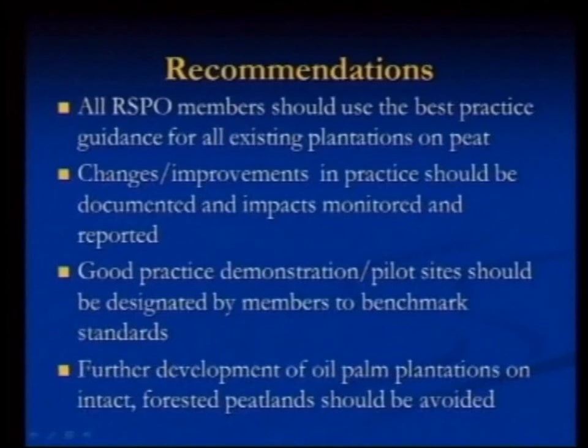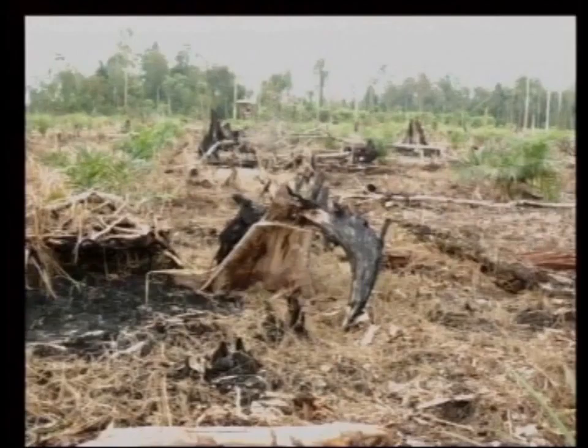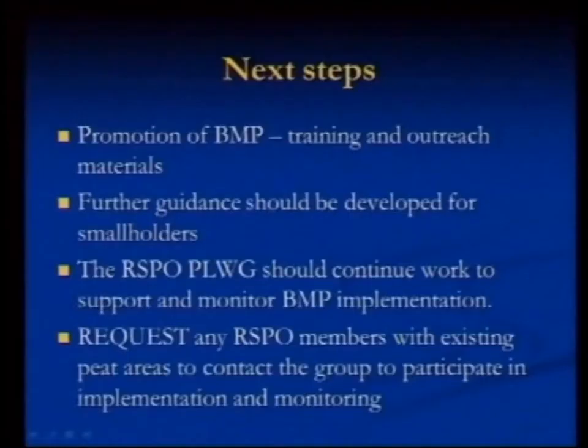Finally, the recommendations of the group: all RSPO members should use the best practice guidance for existing plantations on peat. Changes and improvements in practice should be documented, impacts monitored and reported back to future meetings for refining the practice. Good practice demonstration and pilot sites should be designated by members to benchmark standards, and further development of oil palm plantations on intact forested peatlands should be avoided. There is still a gap of work to be done for smallholders, some urgent need for getting advice,